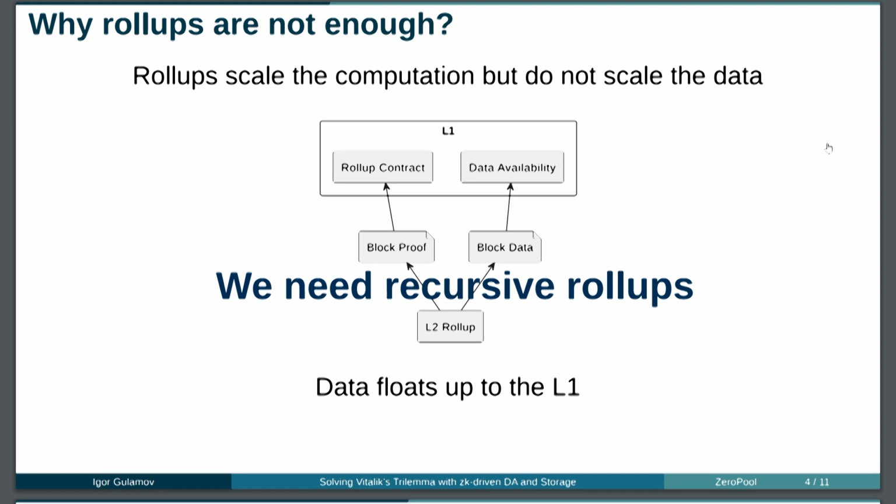And we cannot perform recursive rollups with this infrastructure, but we need recursive rollups if we want rollup-centric scalability. We should have the possibility to deploy rollups inside rollups and so on, but while the data is floating up, we cannot do it, because all data will float up to L1, and here is the bottleneck.